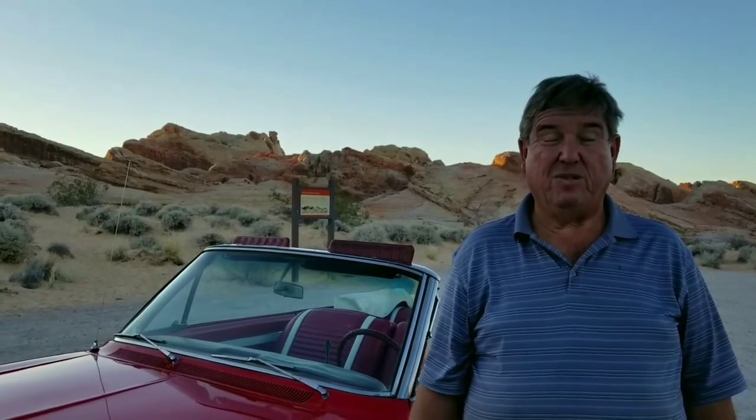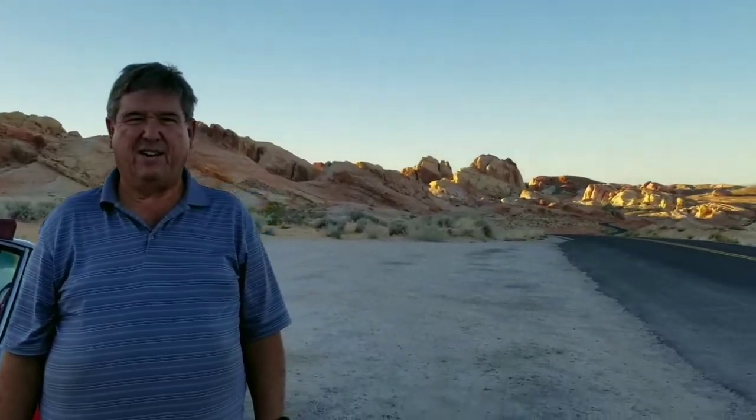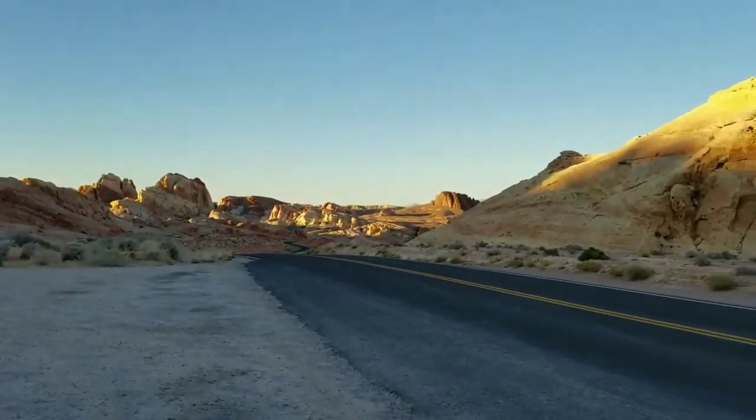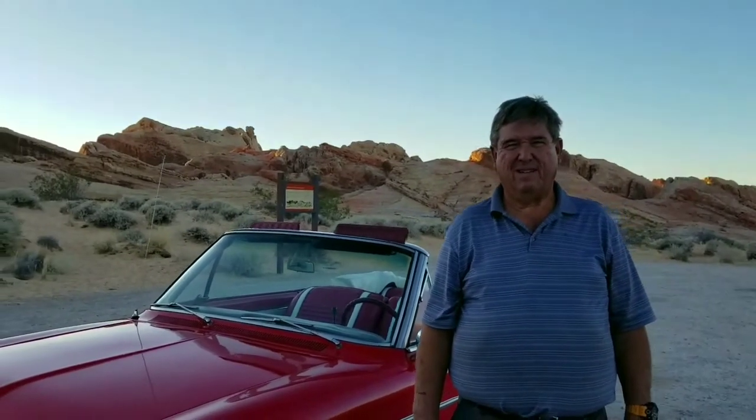But anyway, it's a wonderful car. I really enjoy driving it very much. I get a lot of pleasure out here in the wonderful, beautiful Valley of Fire and everything. And with the top down, and when the weather's nice like it is this time of the year, it's a real pleasure to just take her for a drive. Now, I understand, based on a conversation, you have Gremlins and Pacers and...